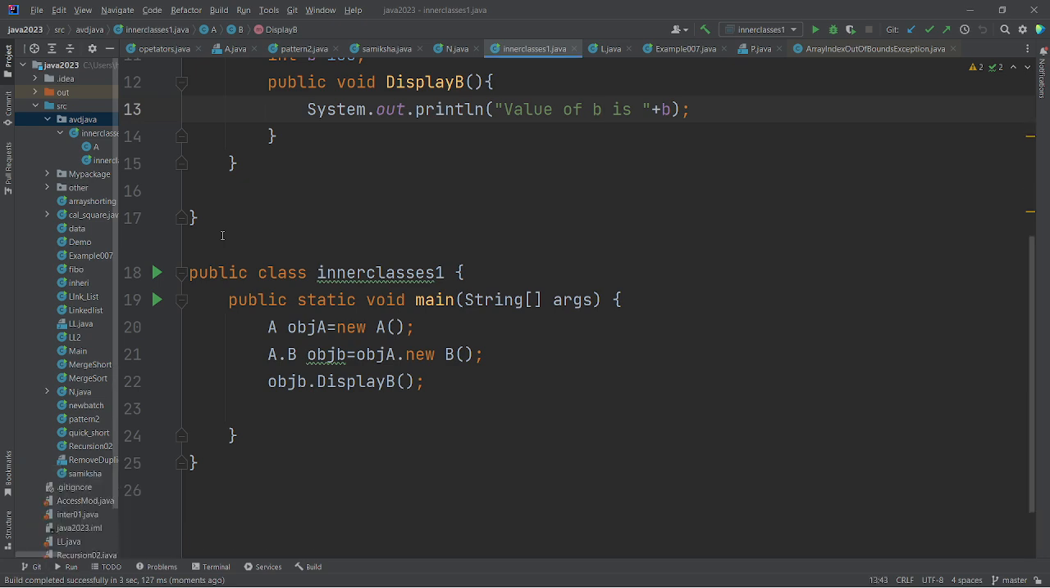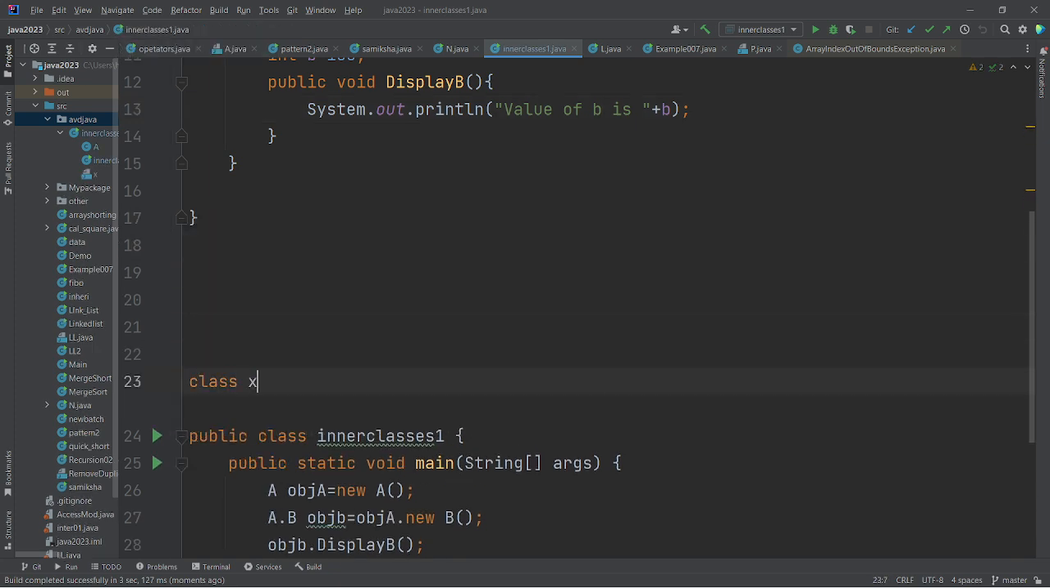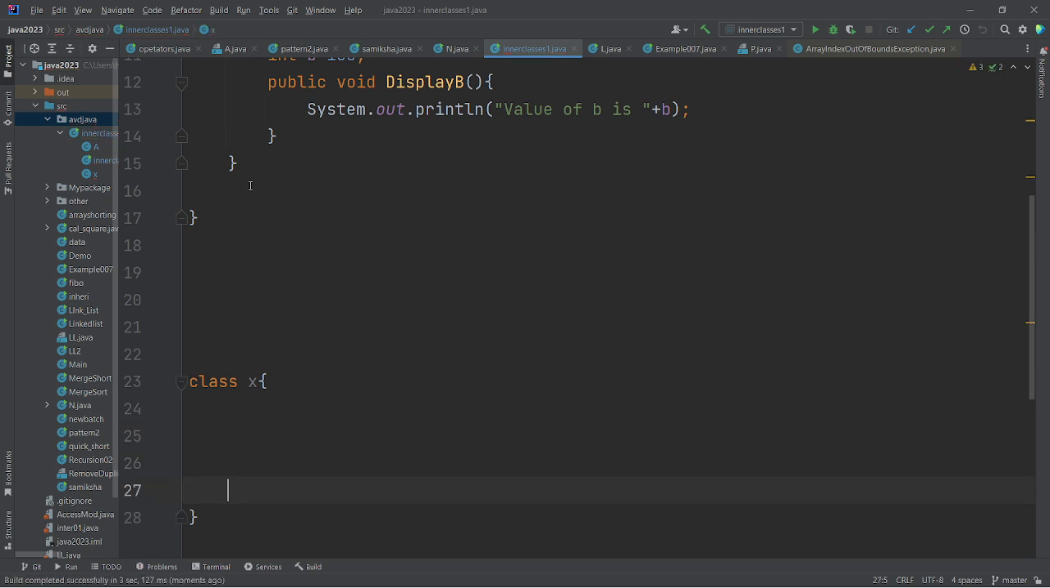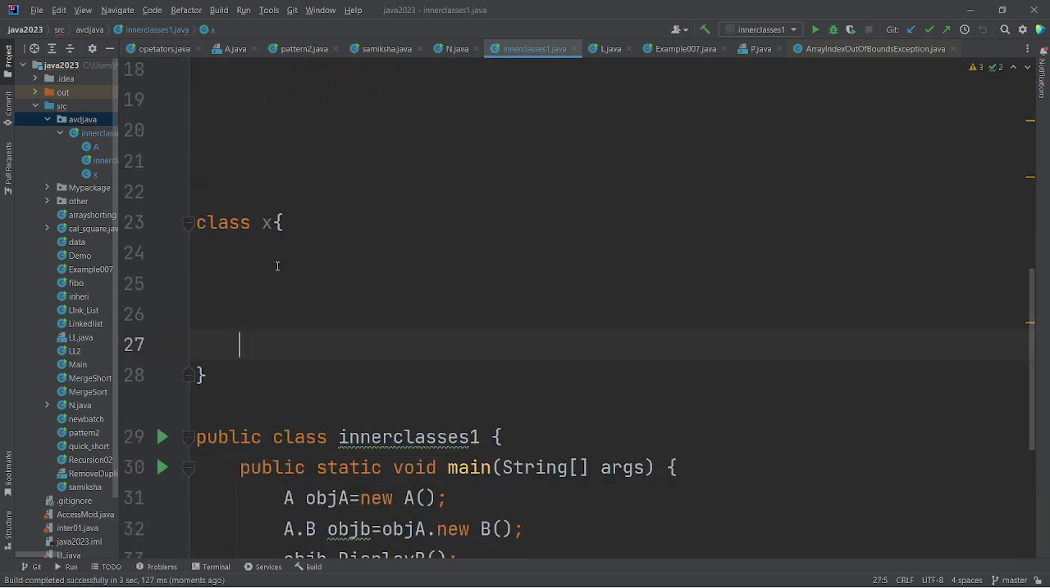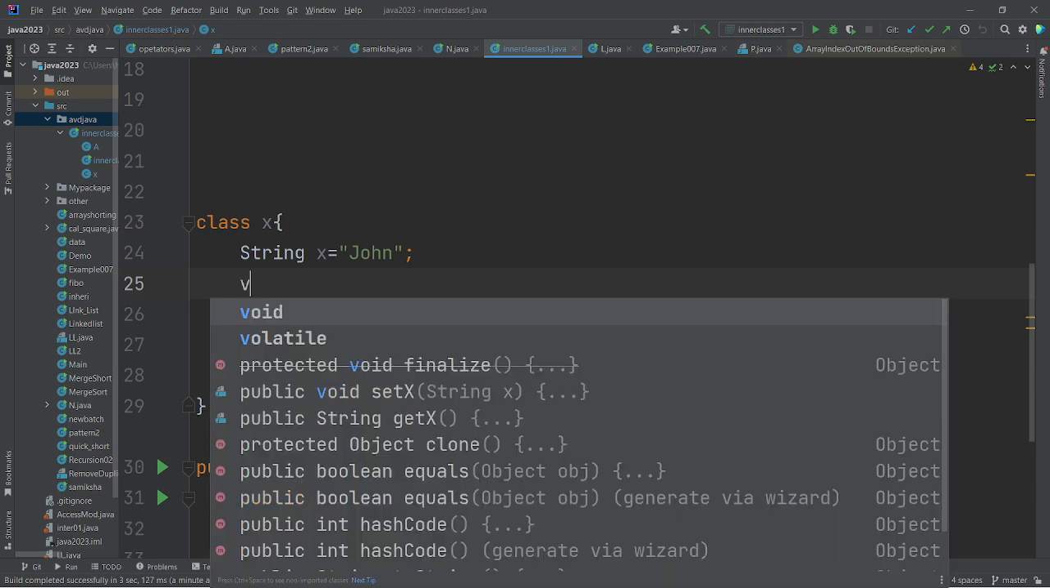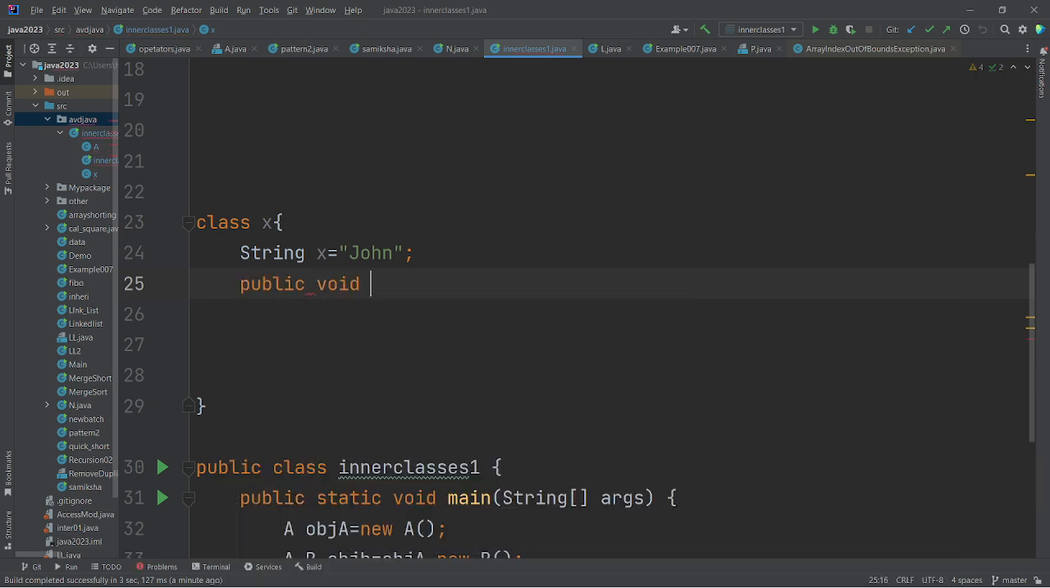Okay, let's go a little bit into exploration. Suppose I have a class X. Then I have a string X, let's say equal to John. This is what I have, and then I will write public void